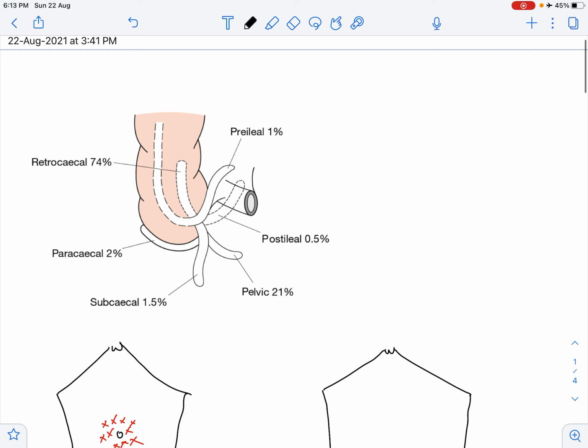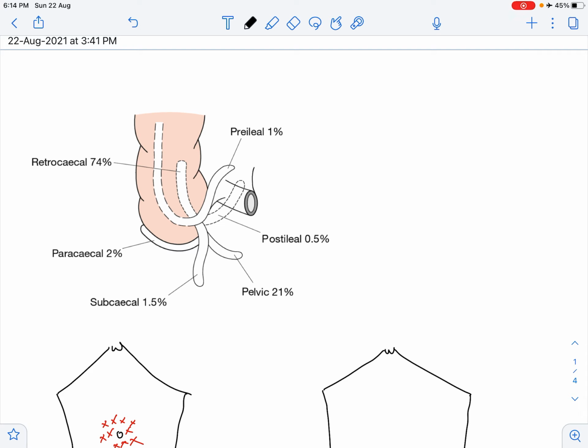To understand the various symptoms of acute appendicitis, we first have to understand that the appendix has various positions. Why does the appendix have various positions? This is because during development in the embryo, there is physiological herniation of the bowel. When the bowel returns into the abdomen, the cecum rotates as well. Depending on the extent to which the cecum has rotated, the appendix may sometimes rotate along with the cecum completely, or sometimes it will not rotate. So, depending on the extent to which the appendix has rotated along with the cecum, you get the various positions.